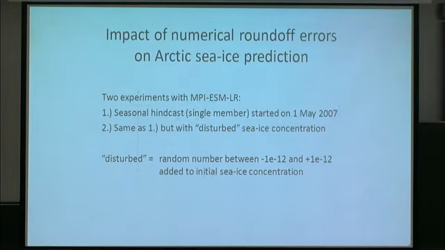And one bit, because Danny mentioned it very briefly, on natural variability, to give you some idea of how sensitive the climate system really is. This is work that Felix Bunzel in our group has recently done. This is from a simulation where we try to figure out how well we need to observe Arctic ice thickness in order to get good seasonal predictions. We had one standard simulation, and then another simulation where we had an ice thickness observation error of 10 to the minus 12 meter, and sprinkled that over the Arctic Ocean thickness field. So it's really a numerical round-off error we introduced into the ice thickness in May. And then we let the coupled model run.